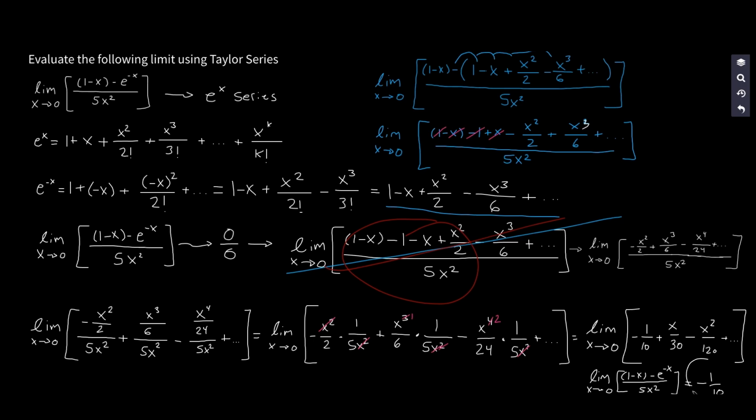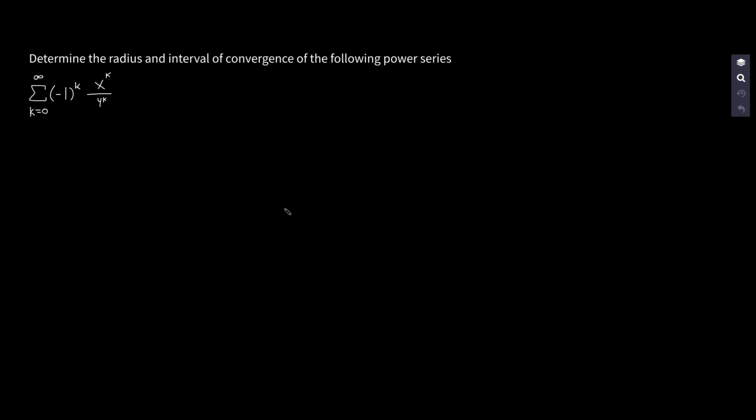I can't even circle it. The answer is negative 1/10. Let's do the next problem. The next problem in the problem set says to determine the radius and interval of convergence for the following power